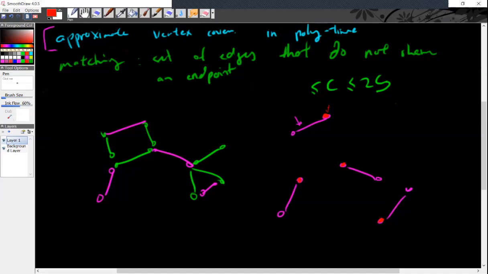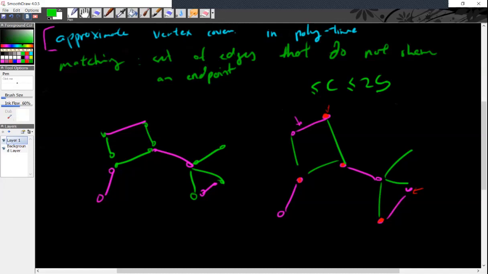Now, of course, if I add in the green edges, the story is a bit different. The question is, does it make the problem any easier? Can I somehow reduce nodes that way? Well, no. If I add in more edges, that just might mean I need to add more nodes to the cover at the end of the day, but never reduce it, because adding more edges just means having more to be covered. Perhaps some node that you add could already cover that edge, that's fine, but there is no way adding an edge would allow you to say, okay, I don't need this node anymore to cover the purple edges. So what I'm trying to say is that the size of the cover needs to be at least